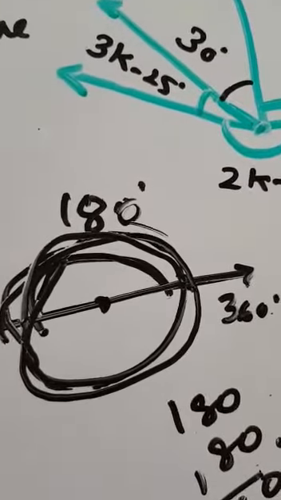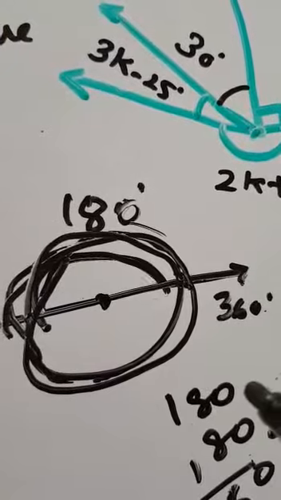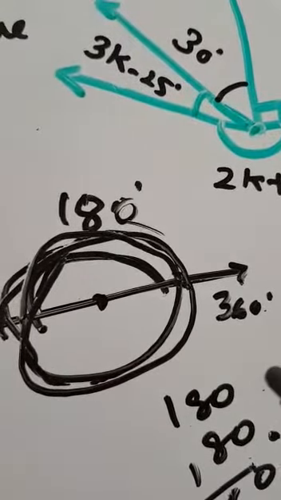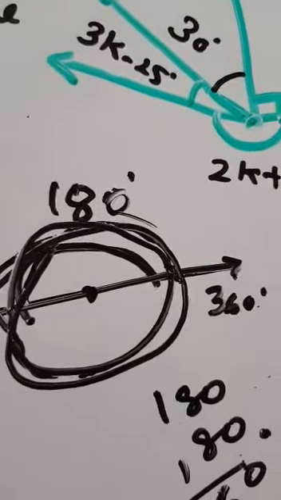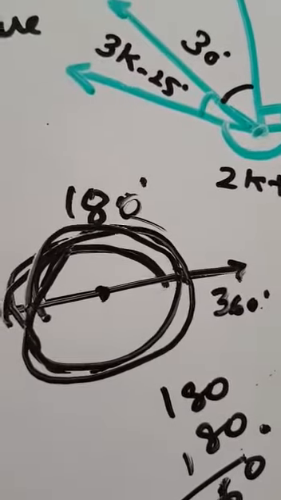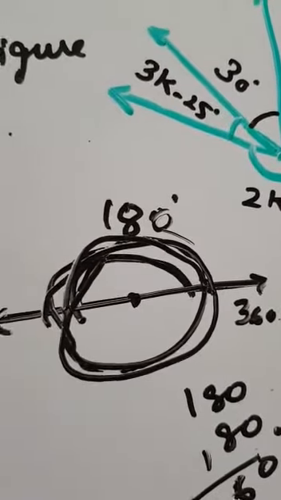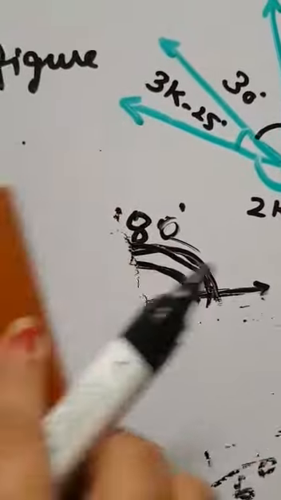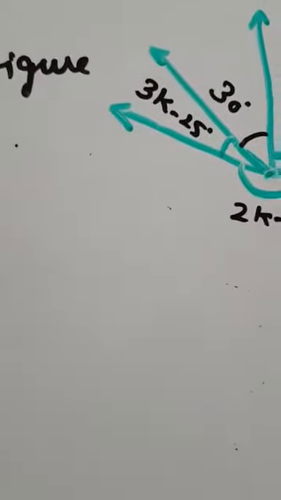So the measurement of the angle around a point is called a complete angle, and the measurement of this angle is 360 degree. Clear students? Complete angle: the sum of all the angles around a point.